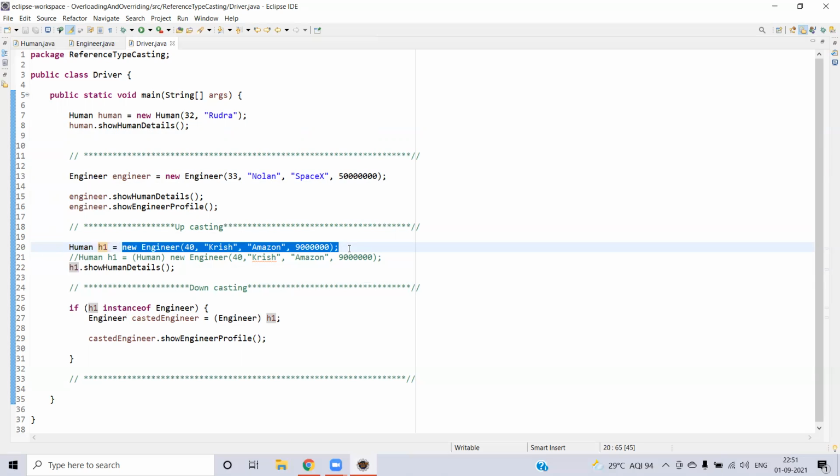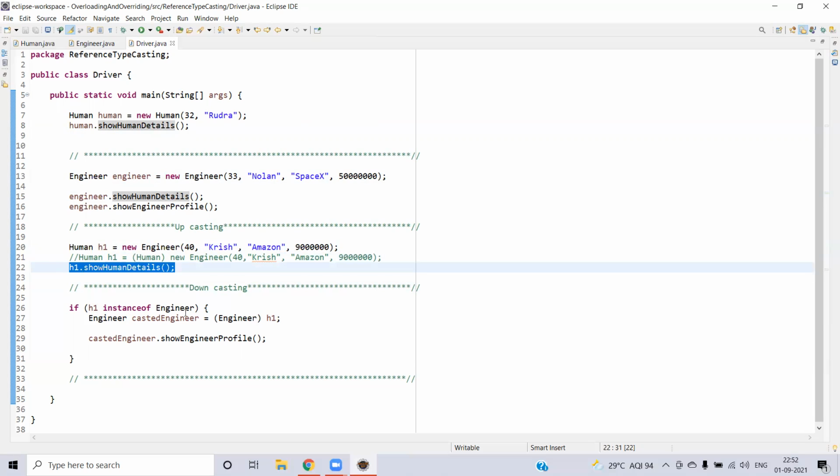Internally, whenever you have this kind of statement, it will be upcasting implicitly. Even though we don't mention the casting operator here, it will be upcasted to the human class. That's the reason we can use only the methods present in the human class.